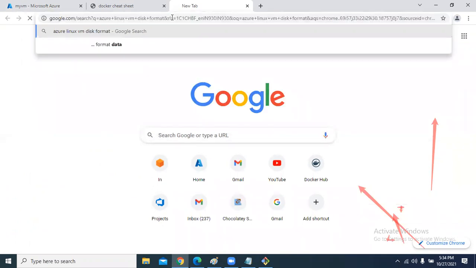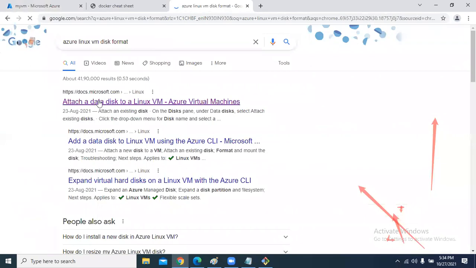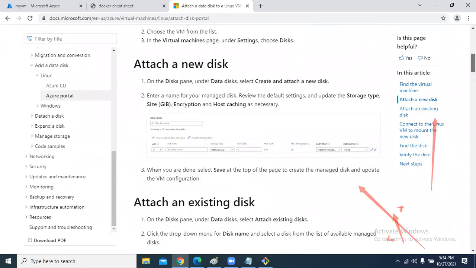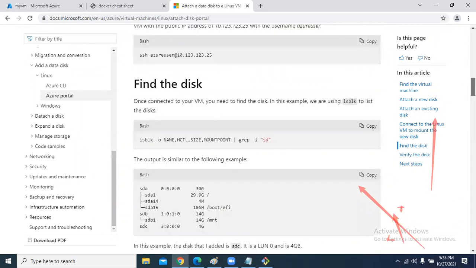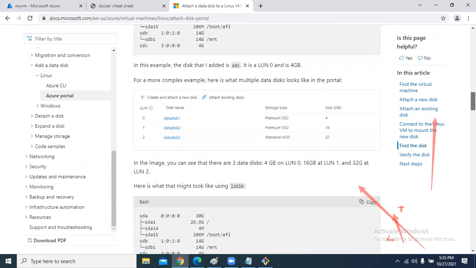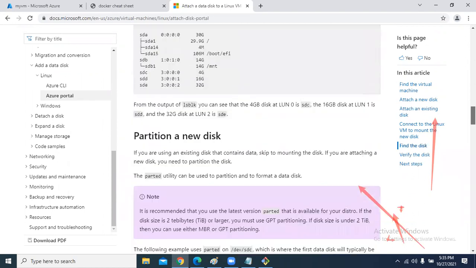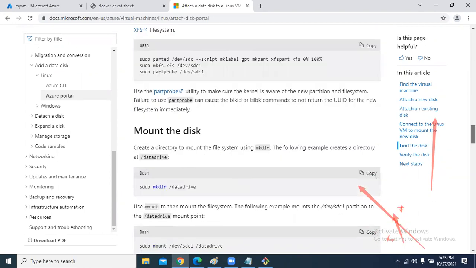Just search like this. This is the official documentation given by Azure. First it is asking to execute the lsblk command. Next, partition the disk. Next, mounting the disk.